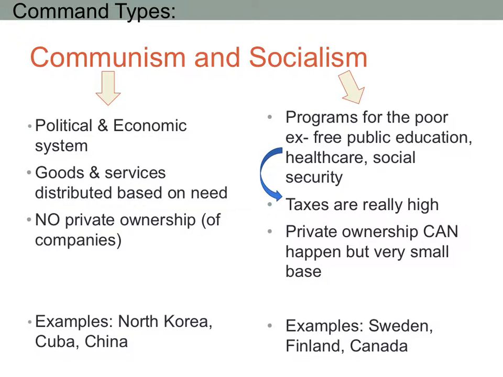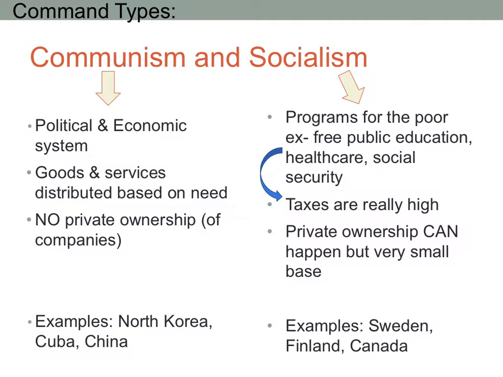Okay? Within command economies, there's two different types here, okay? You have communism and socialism, and they're both different. Okay, so the column on the left-hand side you see is for communism. What do you know about communism? The people don't have that much freedom. No, they don't at all, okay? People don't have freedom. Why? The president gets it all. Or like the government. Yeah, the government, again, is controlling everything, okay? So this can kind of be a political and an economic system.